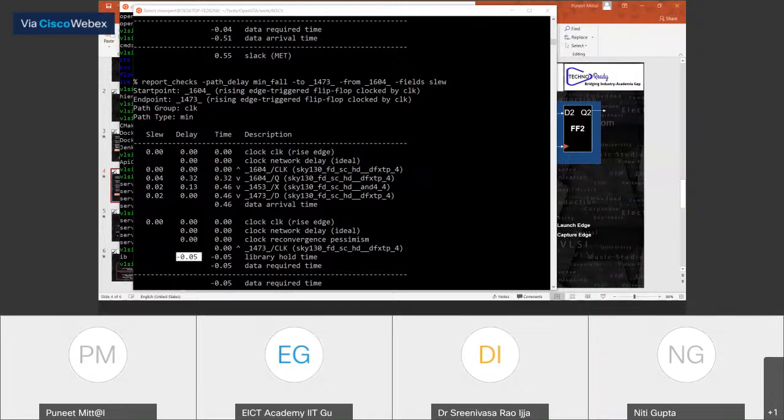So one question. Harish was asking, what is the clock reconvergence pessimism that's shown here as a zero in the timing report? So Harish, whatever I explained to you, were you able to understand that particular part 100%?